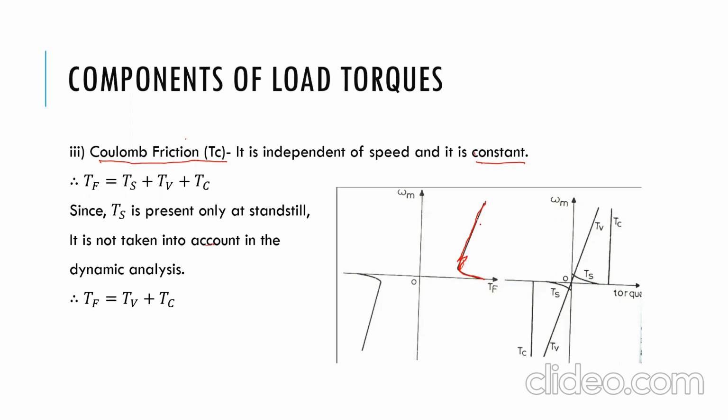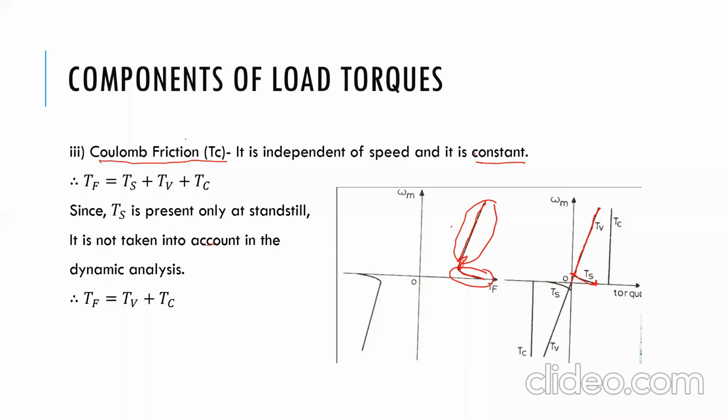Okay, but this part can be divided into three parts. First is the stiction. This part is the stiction part. It is shown here. It is only present at zero speed, and as speed rises, it will disappear. Here the value of this torque is 0. Next is this part. This is the linear part. Linear means what? It is a viscous friction part. It will increase as speed is increased.